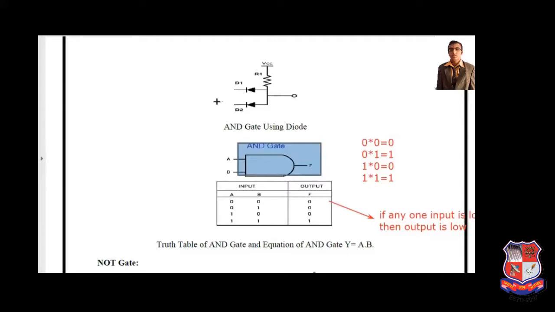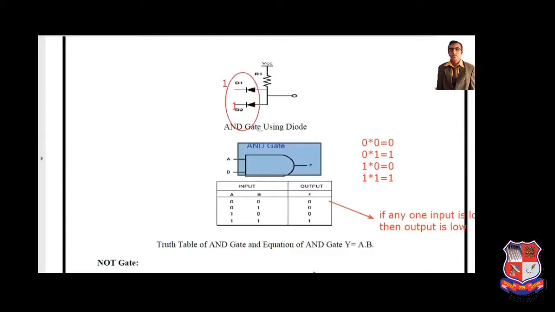Now this AND gate is developed with the help of diodes. See this, just change the position of the diode with respect to the OR gate, so you will be able to design the AND gate. Now if we apply one input here, the scenario is changed. One is applied to the N terminal, so the diode acts as reverse bias.